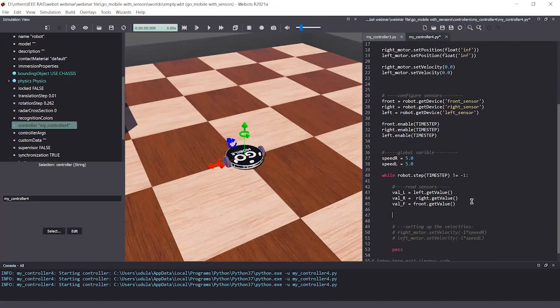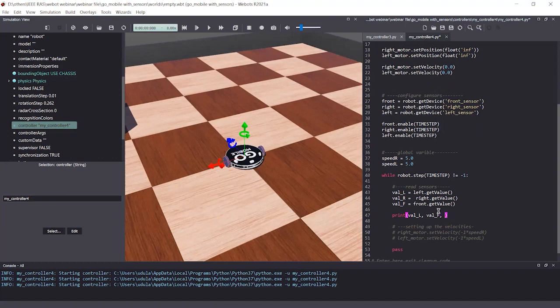In Python we print values using the print command. I'm going to print value L, then after a comma I am going to print the front value.